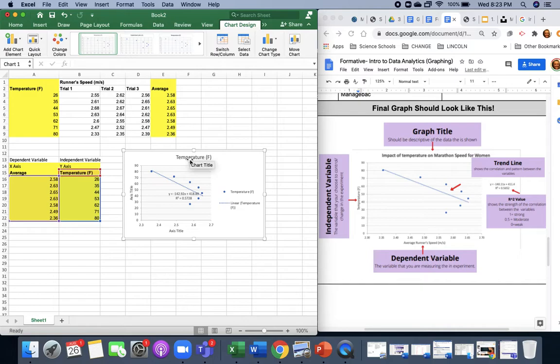You need a chart title at the top. All right, you need axis labels for your Y and your X. Okay, and you need a trend line along with the equation that goes with it. All right, your R squared value. So what I'm going to do is I'm going to go ahead